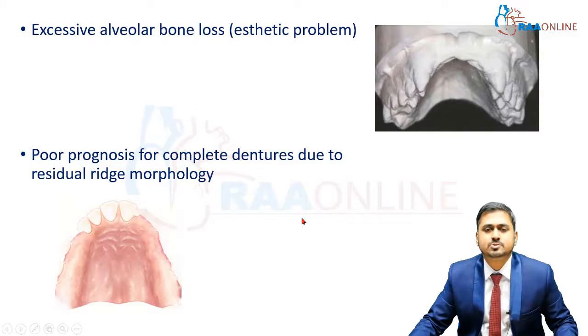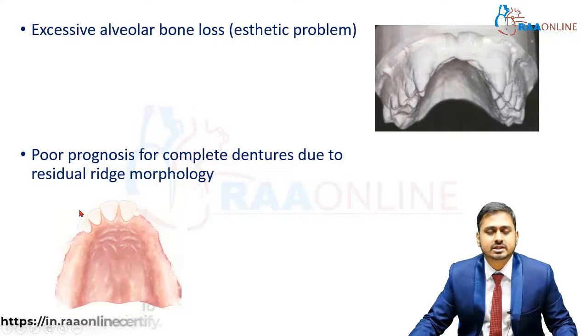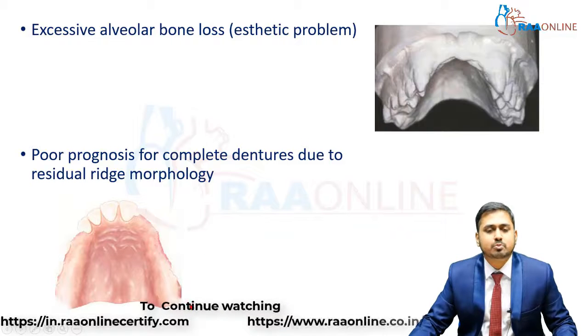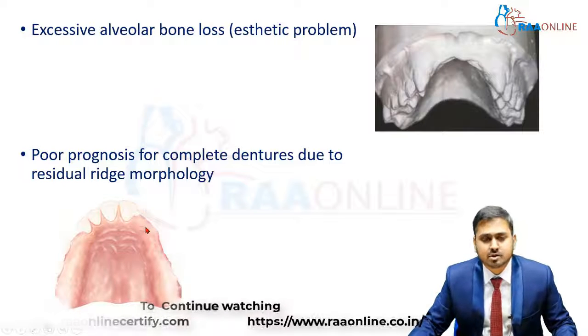Next is when there is poor prognosis for complete dentures due to the residual ridge morphology, an RPD is indicated. As you can see in the image, usually when there is a patient with very few teeth remaining, we indicate extraction followed by a complete denture prosthesis. Imagine this scenario where the patient's posterior ridge is highly resorbed, and once you extract the teeth and plan for a complete denture, there will be poor retention. In such cases, we try to maintain these teeth and take support from them and plan for a removable partial denture.